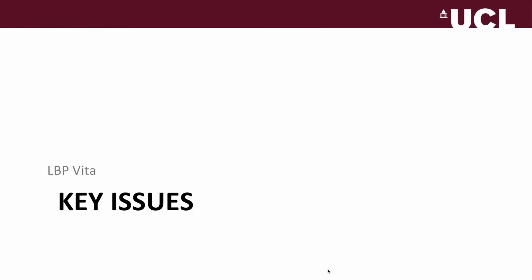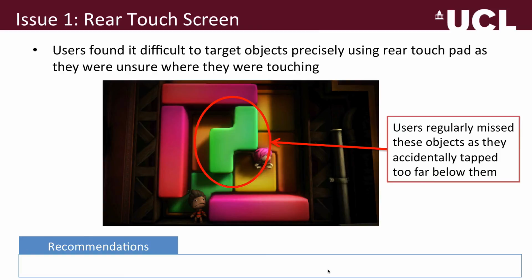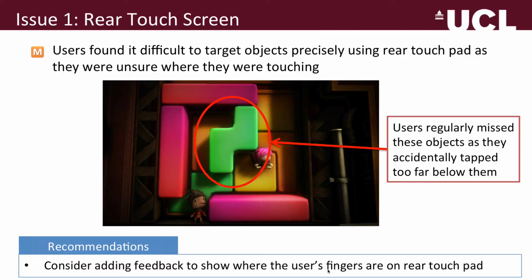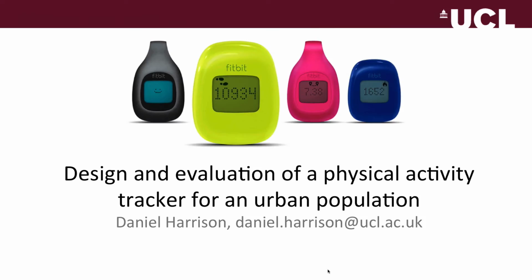Key issues, so these are the problems that were found. Users found it difficult to target objects using the rear touchpad. And there's some recommendations. Consider adding feedback to show where the fingers are. So that's my first example, and here's another example, perhaps a bit more similar, more of an interaction design type